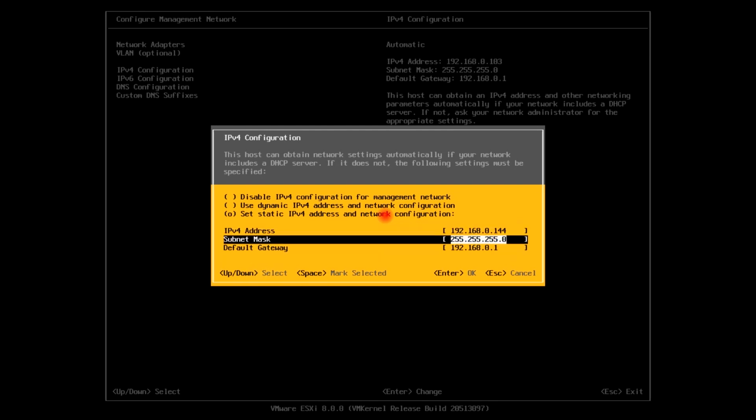Subnet mask 255.255.255.0. Default gateway 192.168.0.1. I will hit enter.